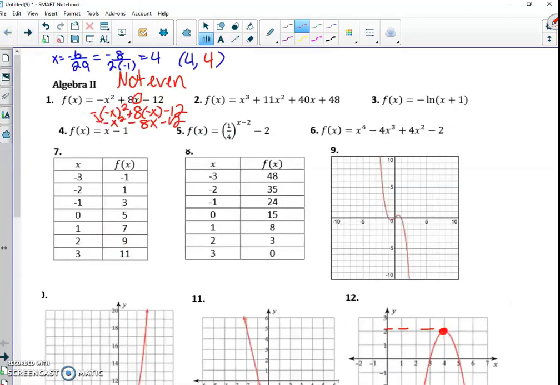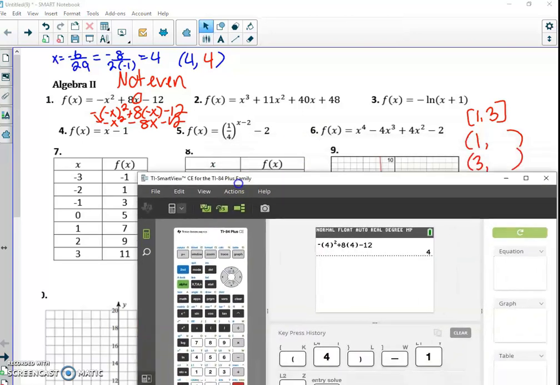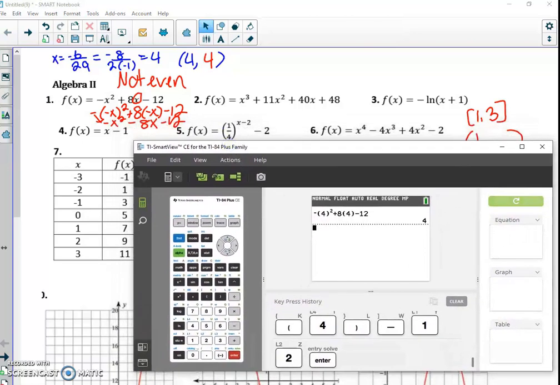So let's look at function 6. It says 1 to 3, so those are our x values. We need to plug those in to find the y values of our coordinates. Let's go ahead and plug in a 1 and a 3, and you're going to plug that in for every single x value. So we're going to do 1 to the 4th